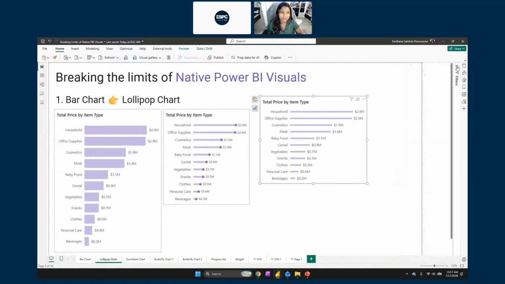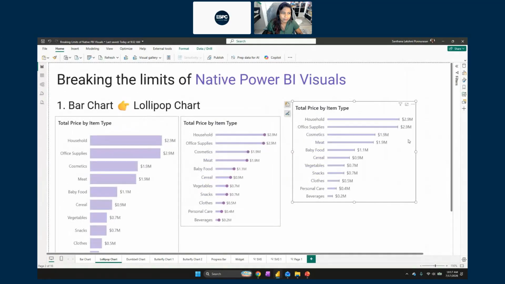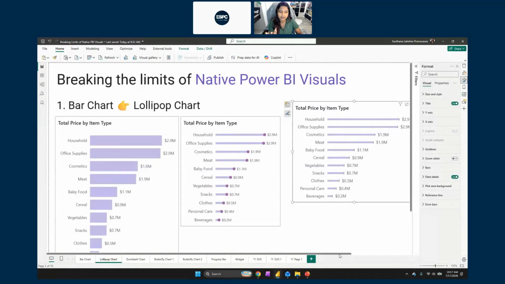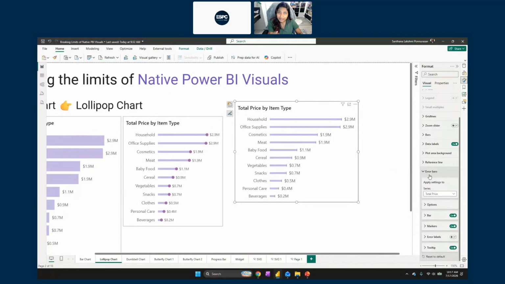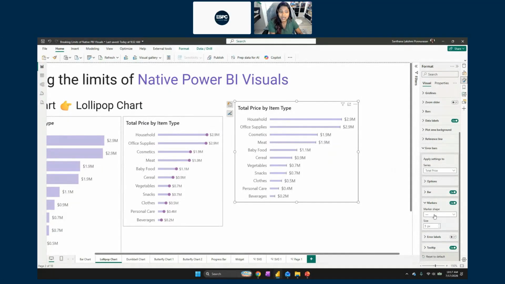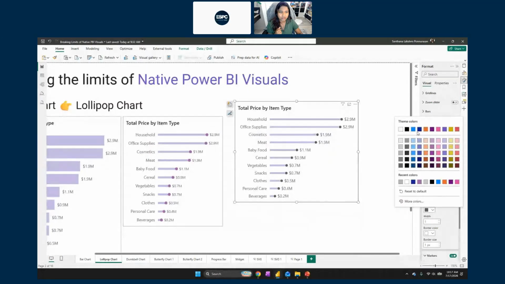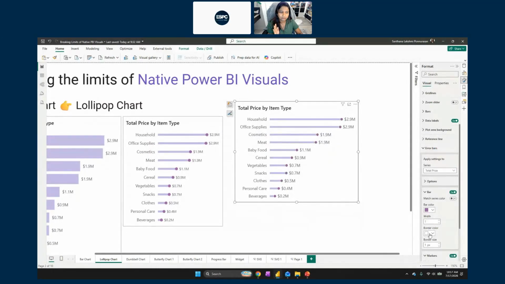Once I add that total price, I think you will be able to see there's this weird vertical line that pops up. That's just my candy. All I have to do is convert that line into a circle. The way you do that is just by changing the markers. So under error bars, you will find markers. You see how it's a vertical line right now. You can convert it. Just use a marker shape as the circle. And then I'm going to change the color so that it looks much neater and cleaner. That's it. You have your lollipop.